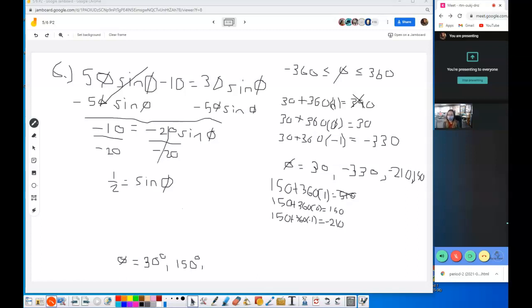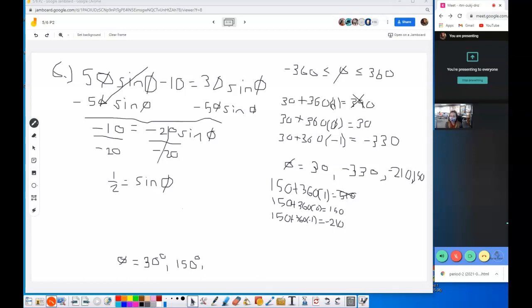Alright, so our problem was 50 sine of theta minus 10 is equal to 30 sine of theta. And then you can basically just subtract the 50 to the other side, and you get a negative sine of theta on this side, and on the other side, you're left with negative 10. And then when you divide by 20, you basically get negative 1/2. I mean, the negative signs cancel, so you get 1/2. So when you work on the unit circle, you get 30 degrees and 150 degrees, and then